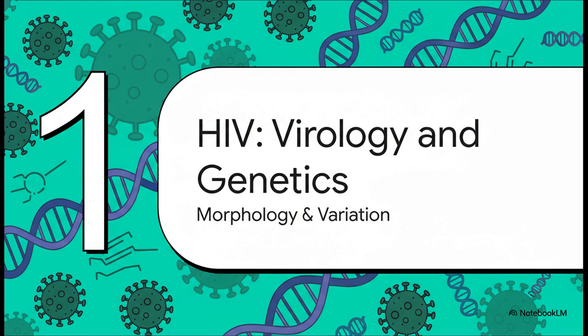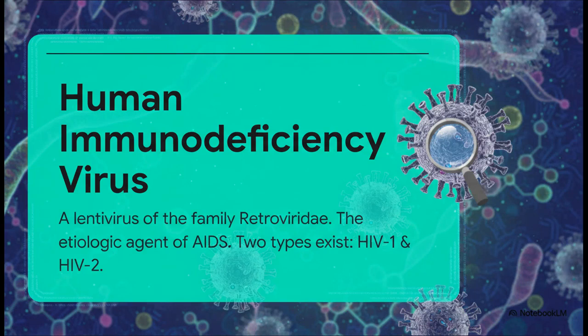HIV. To really understand the disease, you first have to understand the virus itself. So, as we know, HIV is the etiologic agent of AIDS. It's classified as a lentivirus, which is a subgroup in the Retroviridae family. And that name, retro, is a nod to its really unique ability to reverse transcribe its RNA genome into DNA. There are two main types you need to know: HIV-1, which is the more common and aggressive one found worldwide,